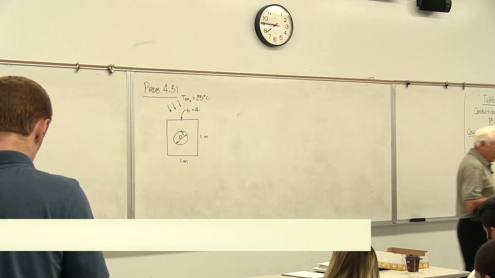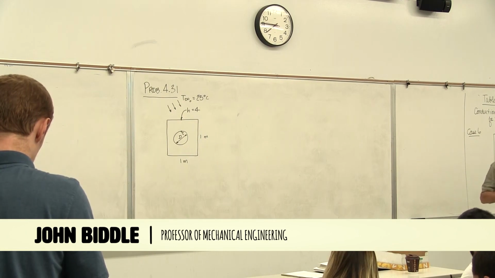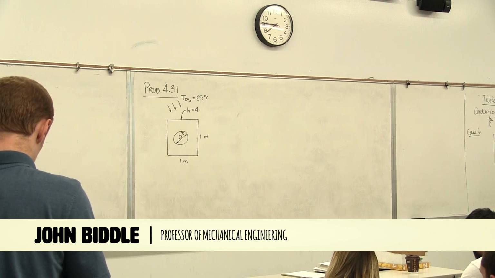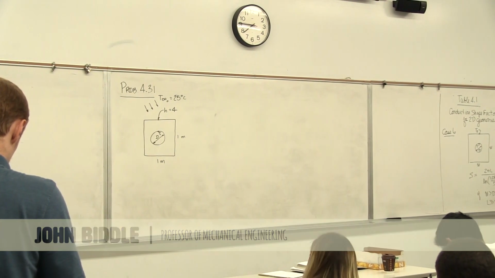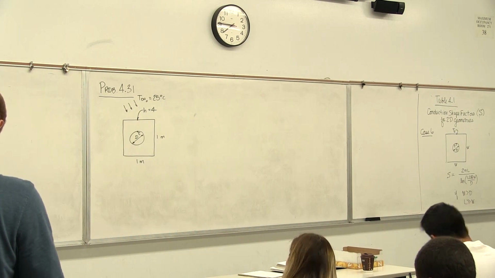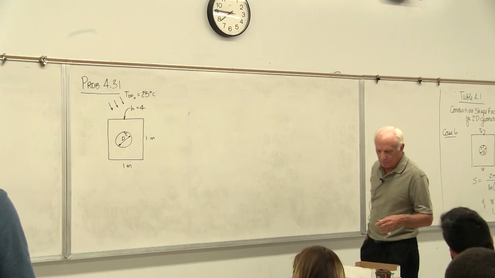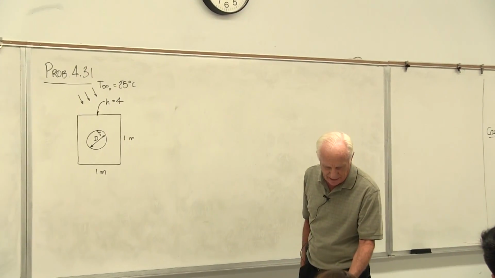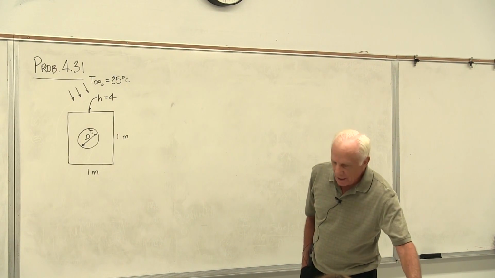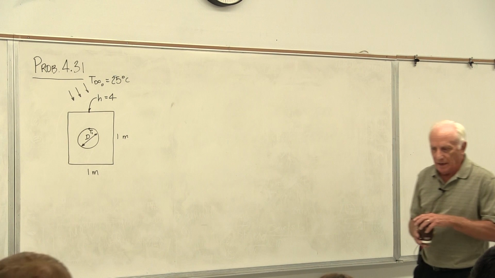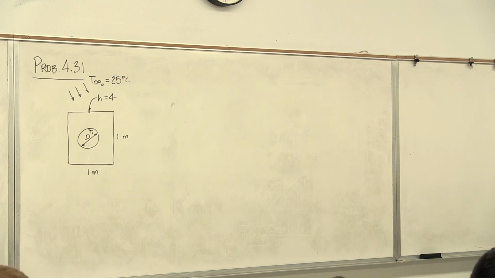Preview where we left off last time. We were in chapter 4, and we were discussing 2D conduction, and we did some problems involving 2D geometry, which were sketching problems, sketching what's called a flux plot, which was the isotherms and the adiabats. And we did that, and from that we got an estimate of the temperatures and the heat transfer in that